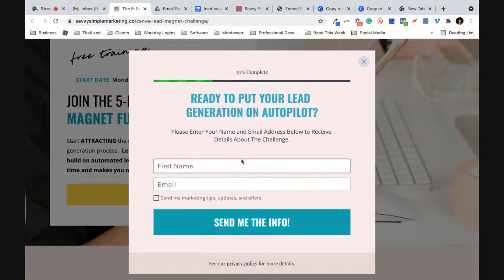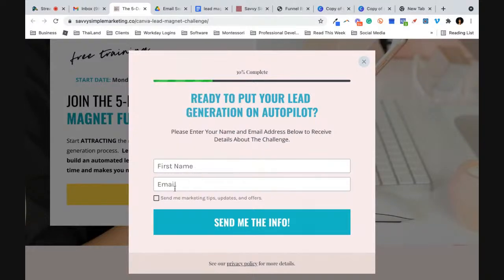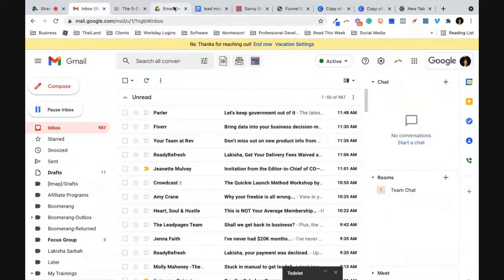This form here is what is connected to the email automation part, which is going to be sending the emails to your people, to your audience. And so you want to make sure that you're asking for their first name as well as their email address. Why do you want to do that? You want to ask for the first name and the email address so that whenever you go to send out the emails,